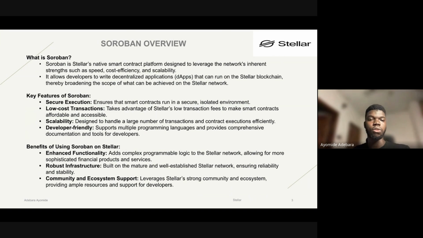And in fact, we understood why it's important to even use Soroban smart contracts on the Stellar blockchain. We also went on to see the benefits of using Soroban smart contracts, as we spoke of the enhanced functionality, the robust infrastructure, the community and ecosystem, which I in fact made mention of in this particular class